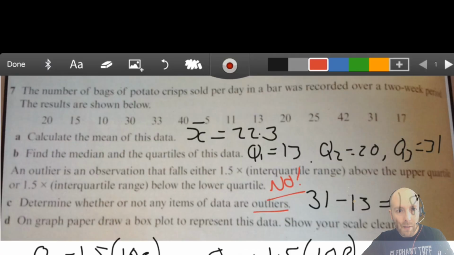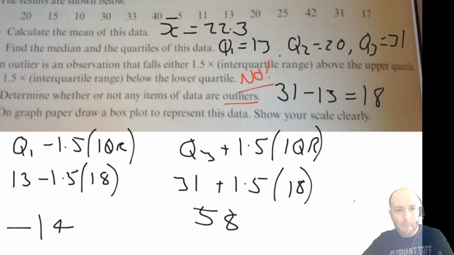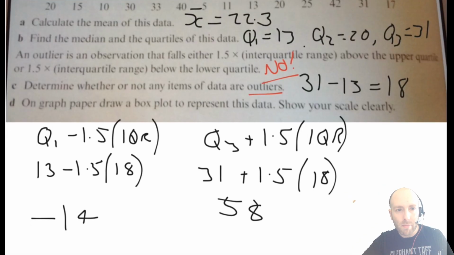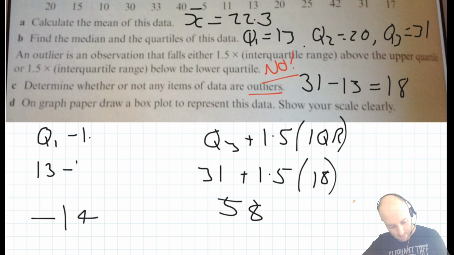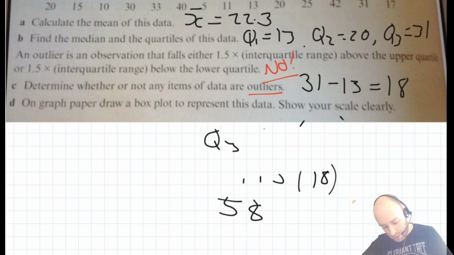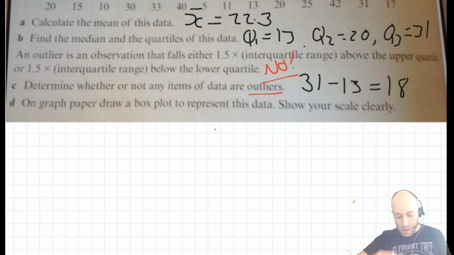Cool. All right, next part. On graph paper, draw a box plot. So I can bring up some graph paper. This is a nice one. Show your scale clearly. So we're doing show scale. Our data goes from, well, the lowest I can see is 5, the greatest is 42. So let's